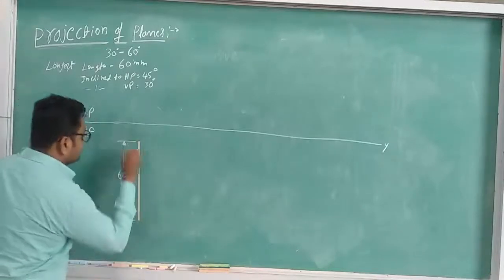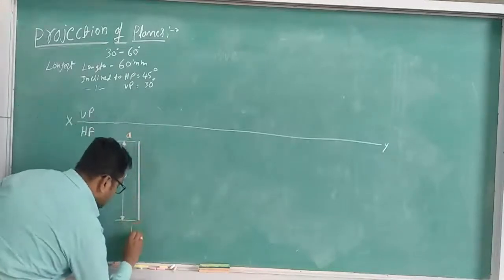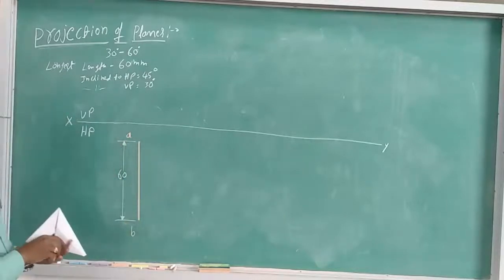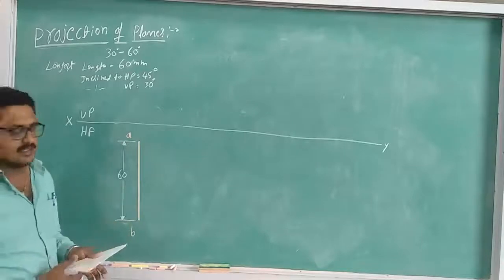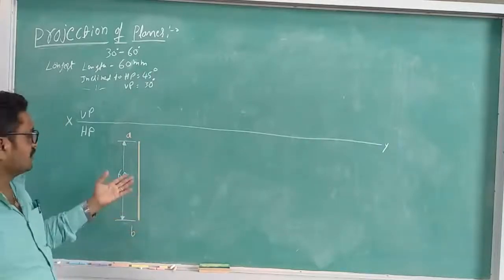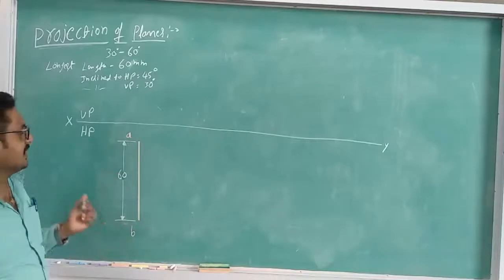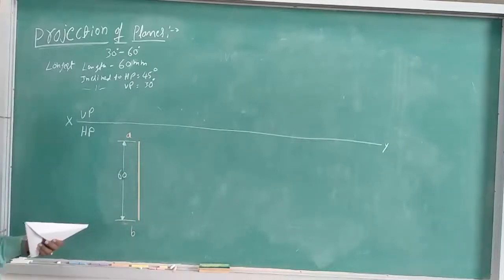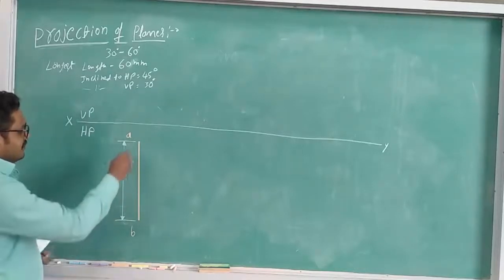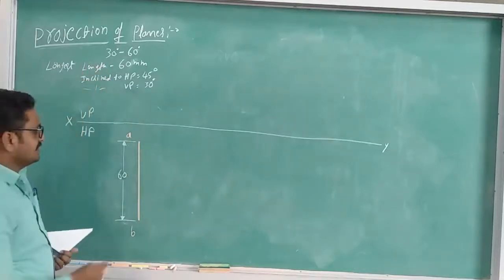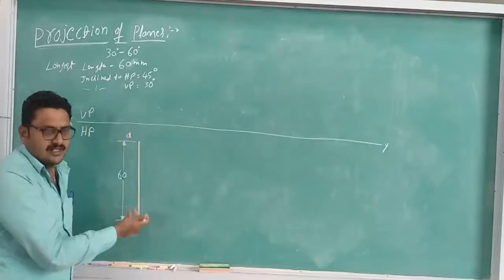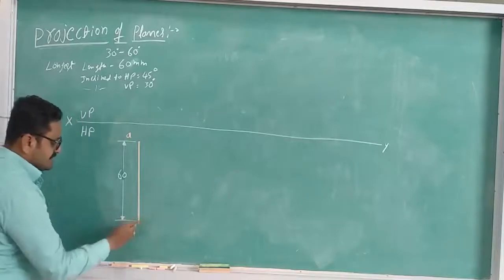And the point A, and this will be B. To get the third point, we can construct the triangle using different data. Either if you know the 3 side lengths we can construct it, or if you know the 3 angles we can construct it. Here they have given 1 length and 2 angles, so we can construct it. They have given 30 degree and 60 degree angles. Either you can take 30 degree here or downside. Up to our wish, I will take the 60 degree downside.